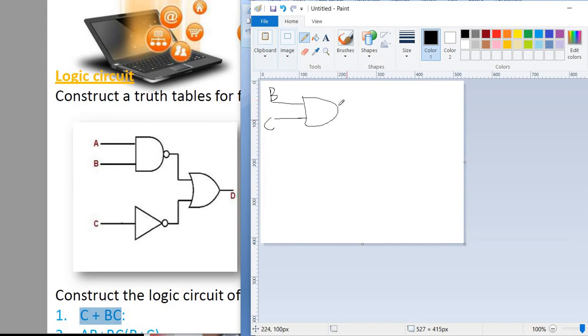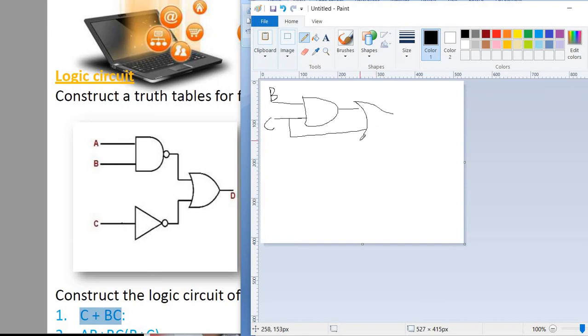Now the output we will get over here, it's C plus the output of BC. So we will take simply C, and we will design an OR gate here.